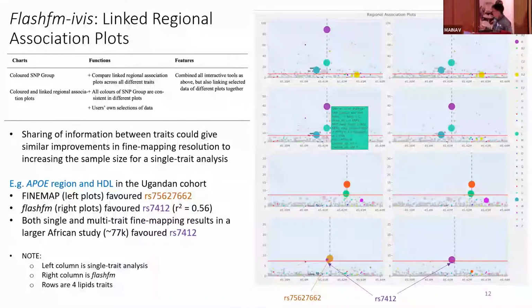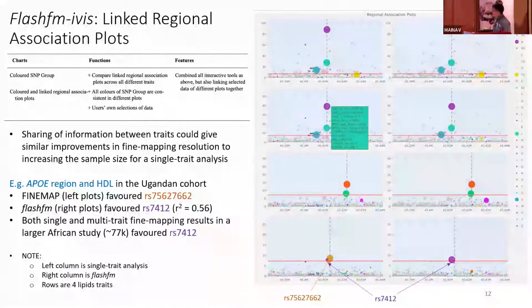As you can see here, the left column is the result from single trait fine-mapping, and the right is the result from the multiple trait fine-mapping. As I mentioned in the beginning, if the data have shared information, multiple trait mapping provides more accurate or more